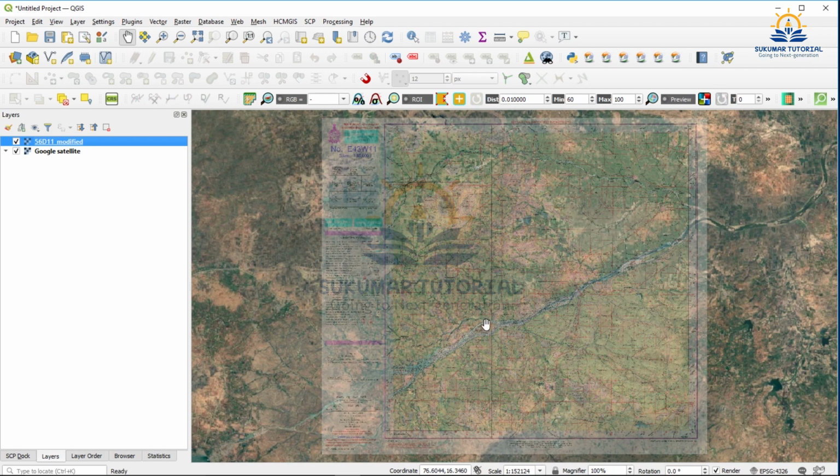You can see the background information. You have the topo sheet with the Krishna River. The continuity of the Krishna River you can see on the top, northeastern side. Same way here also you can see the continuity. So you can see both features, that is topo sheet features as well as Google Maps. So I am going to zoom to the area where we have digitized some features.